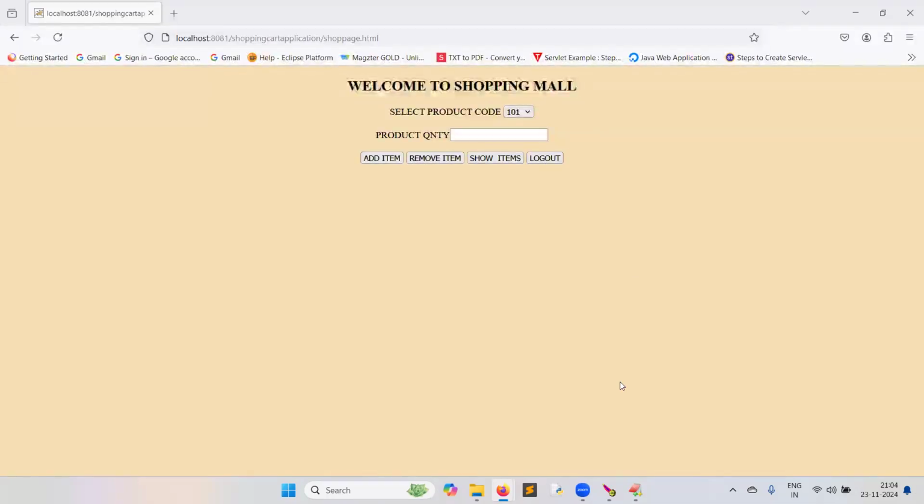Somebody is asking, Nalini Kanta: when you add the data in the field, save it in the database and retrieve it in the table field, is session tracking not required?